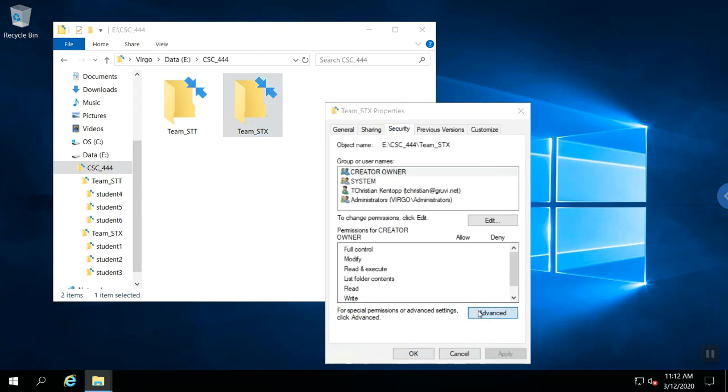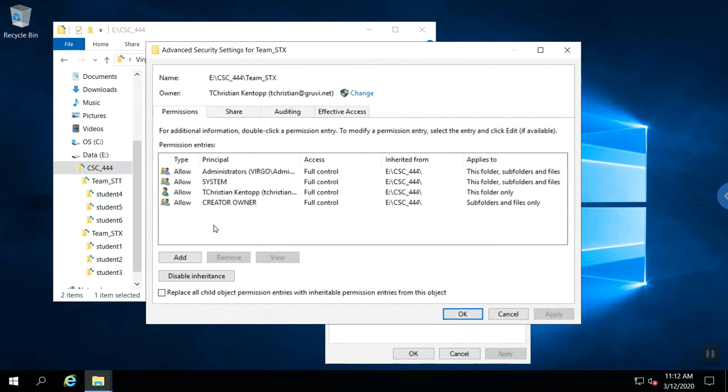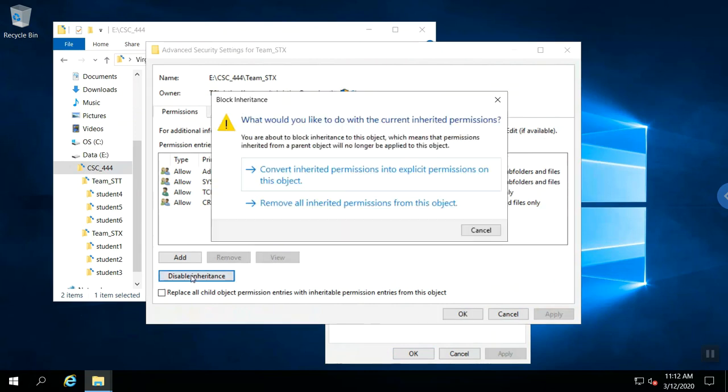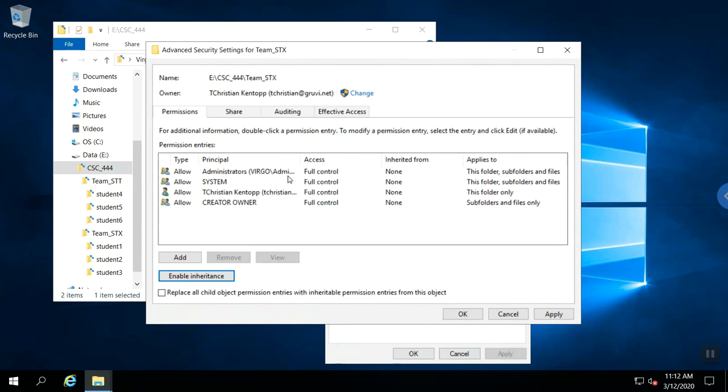We'll go into advanced. We're going to disable inheritance because we want to discretely have control over inheritance on each level. I'm going to convert, and then that way the inheritance is blocked from above and below. That way when we make changes later on to the CSC 444 folder, it won't propagate all the way down into the team sites. We're going to add